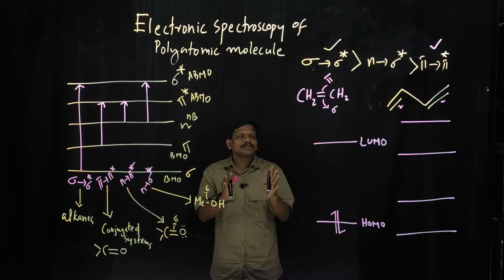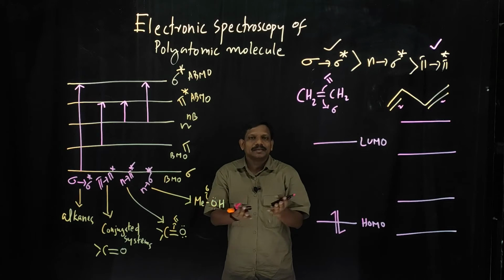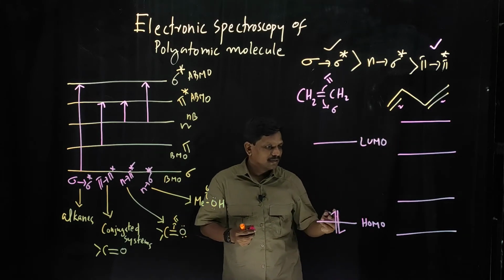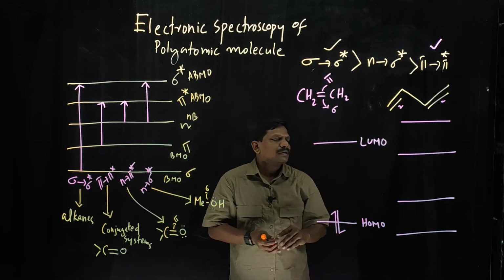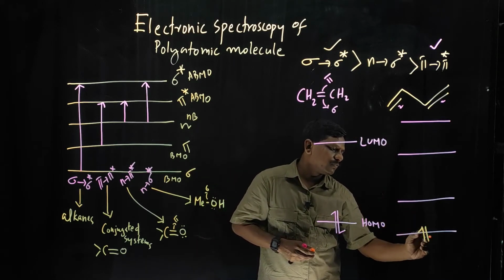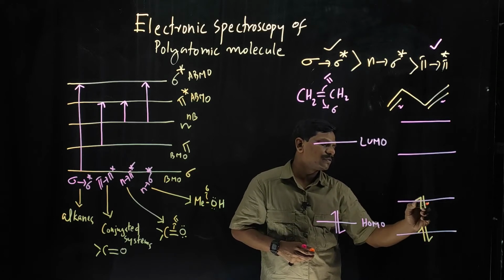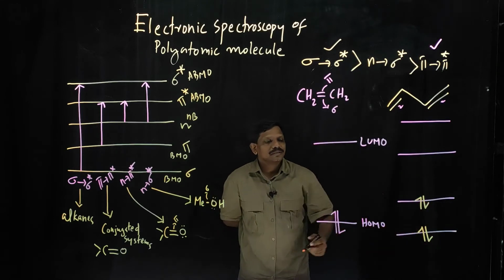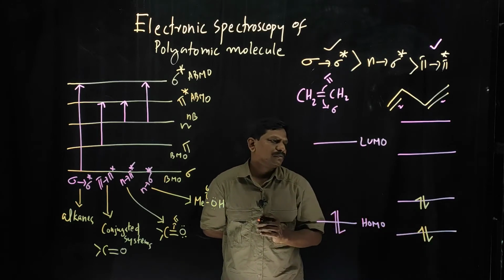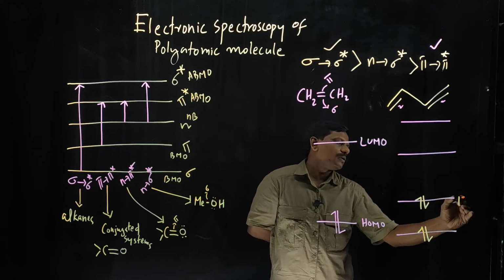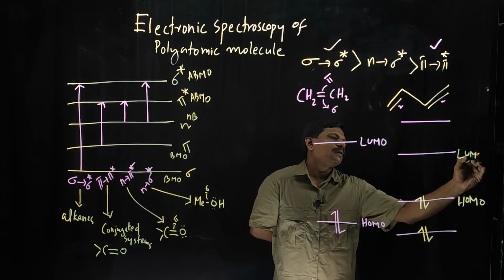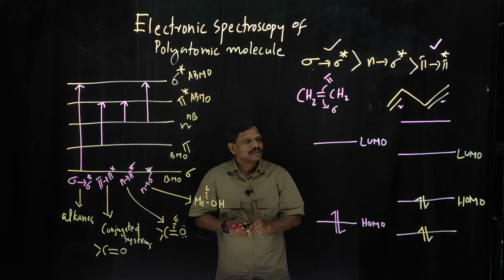Here we are only considering the pi electrons. That is why you can expect this type of energy level. Now you can mark the pi electrons. How many pi electrons? 4 pi electrons, and you can arrange them like this. You know that one energy level can accommodate 2 electrons. So which is the HOMO? This one is the HOMO and this one is the LUMO level.